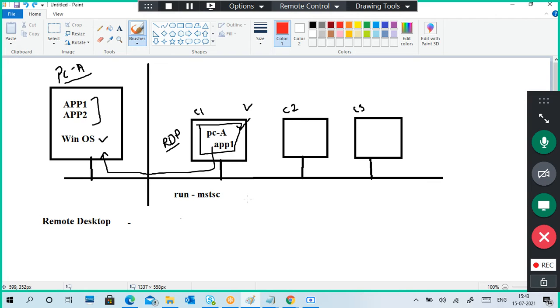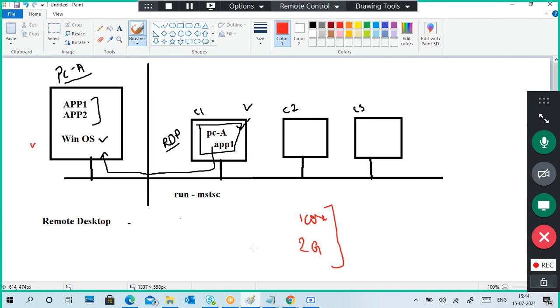For example, my PC has less capacity, for example, 2 GB RAM, a single core PC. That's it, not a big capacity. Hard disk availability is also not much. But this is a high capacity PC, and applications are running on it. I have to work with that application, so we can connect by remote desktop.